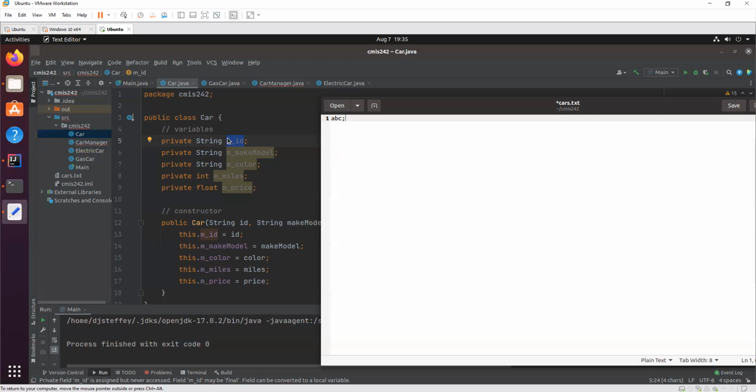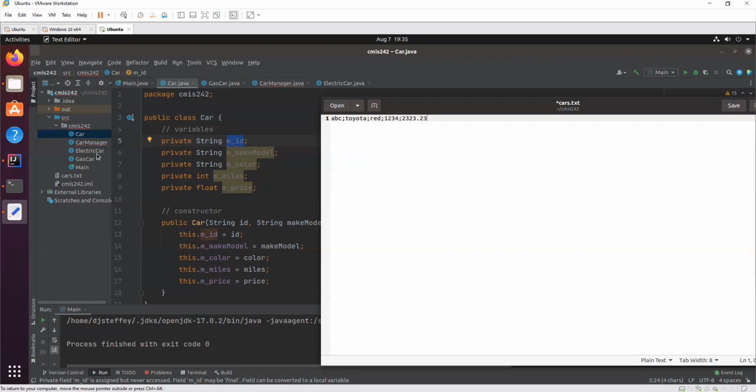So we put in the ID, semicolon, make, let's just say it's a Toyota. The color, red. The miles, 1234. And the price is 2323.23, whatever you want it to be.